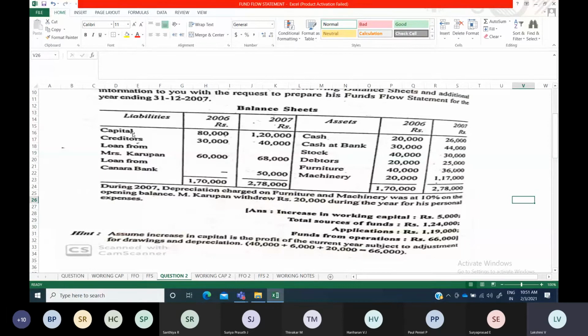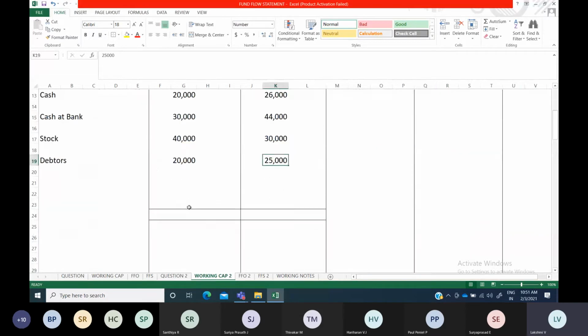So if you see here, only creditors will come, capital and loan will not come. So only creditors is there. Creditors, bills payable, bank overdraft, such kind of items only will come under the current liability. Now only creditors will come. The amount is 30,000 and 40,000. Nothing other items will come, so you can put the total current assets here. So current assets got over. You can also write like this, total current assets. And then we can move on to the current liabilities.